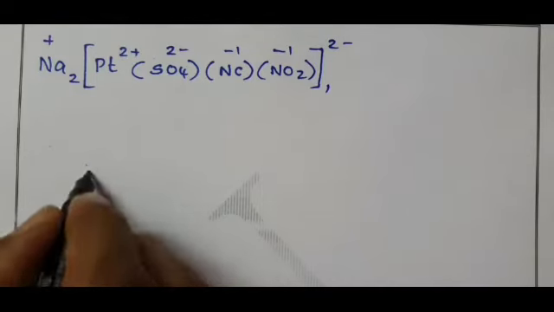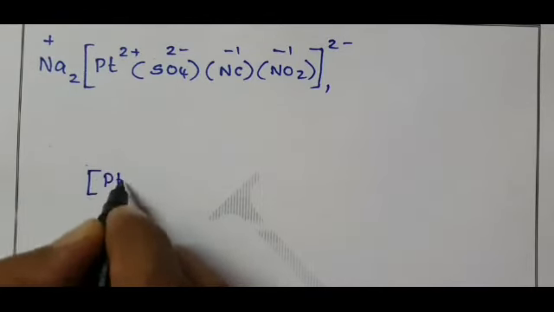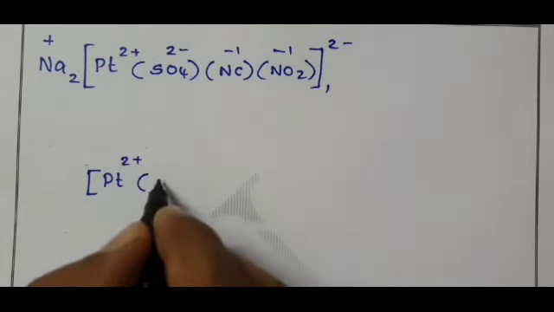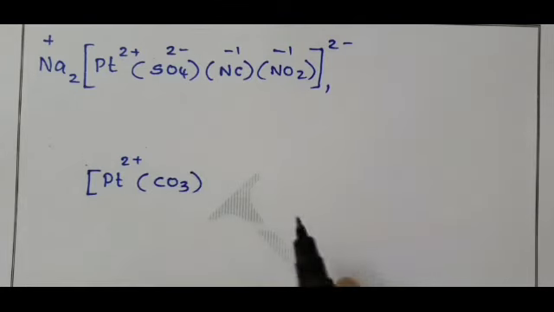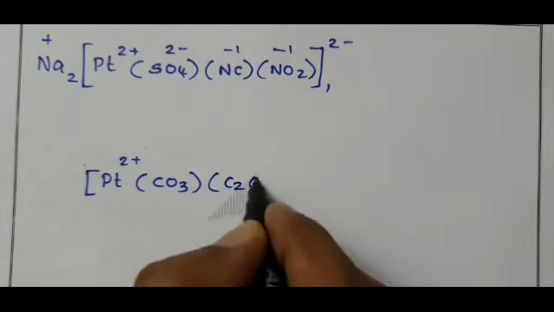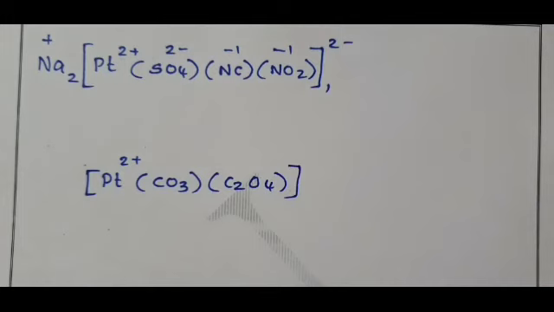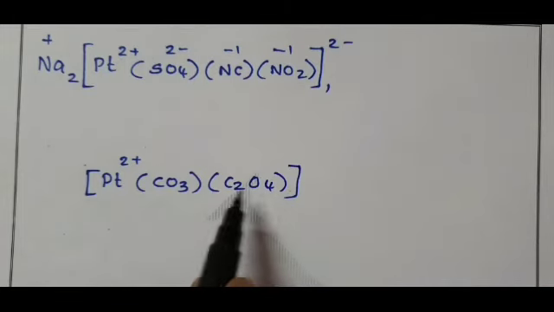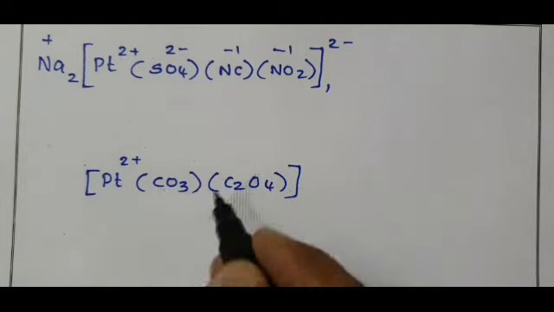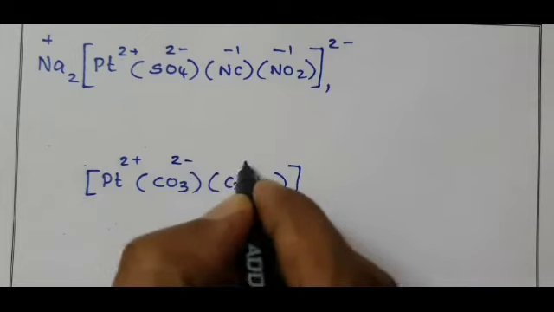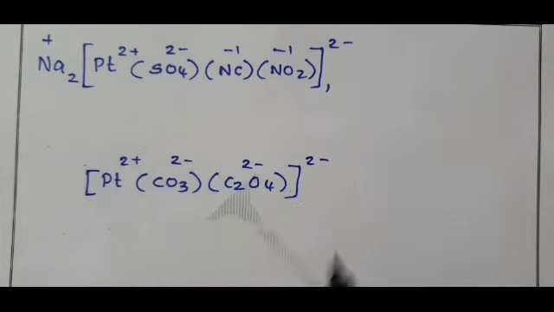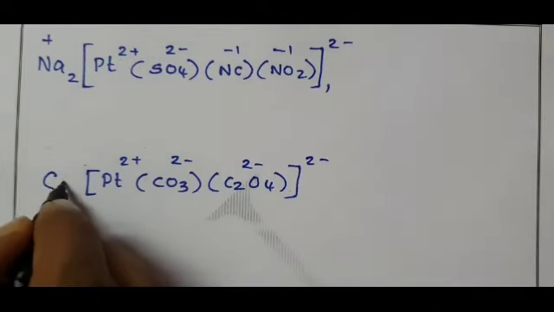Starting from the same platinum 2 plus, now we can use 2 bidentate ligands: 1 bidentate ligand, the CO3 2 minus ion (carbonato), and 1 oxalato, C2O4. Oxalato, a bidentate ligand, forms 2 bonds; carbonato, a bidentate ligand, forms 2 bonds. So totally 4 bonds are over. Carbonato is 2 minus, oxalato is 2 minus. When you add all this, you will get 2 minus on the complex, that is neutralized by adding 1